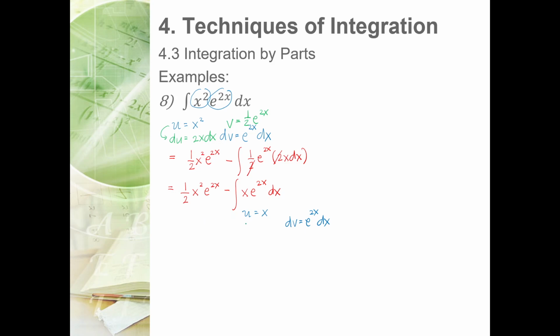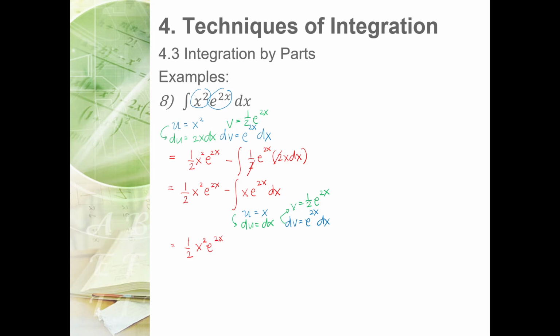So this will give us du is equal to dx, and then dv will give us the same as the one above. That would be 1/2 e raised to the power of 2x. Okay, so the equation now becomes 1/2 x squared